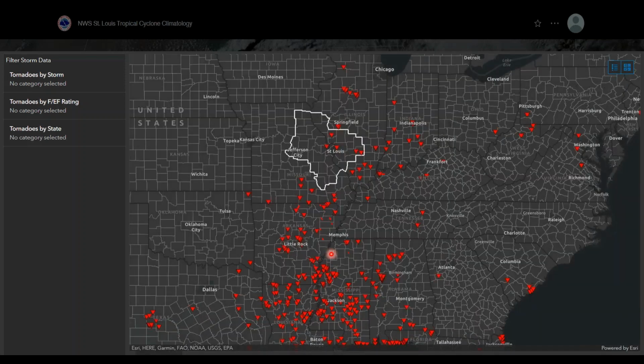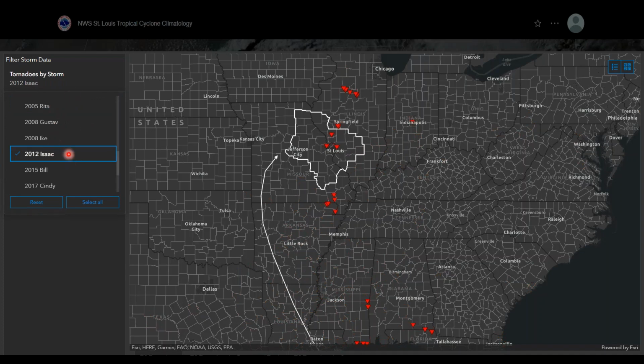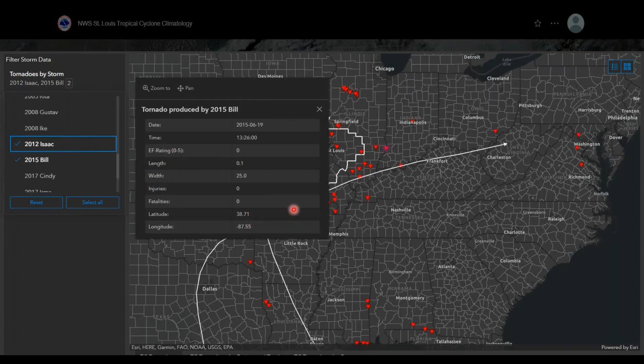Moving into the actual filtering function that I employed for this TC dashboard, it was quite interesting to be able to provide a filter by storm, so you could visualize these different storms and their tracks relative to the TC tornadoes that were produced. It's also really nice to be able to use these pop-ups to be more detailed with exactly where these tornadoes occurred, their length, their strength, the time and date,